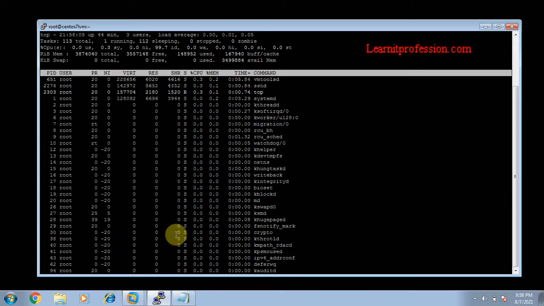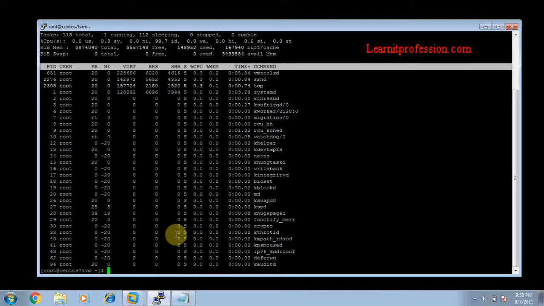First quit top by pressing Q. Actually, currently all the processes are run by root, so I'm just typing the user root. You can type any username related to your organization, where multiple users log into the system.